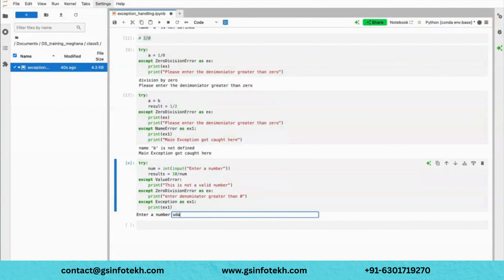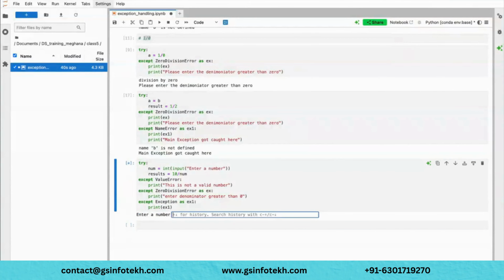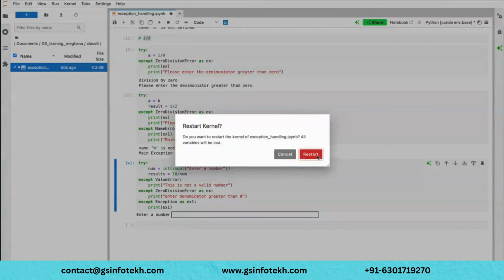Let's say if I'm entering that, see, this is not a valid error. If I'm entering 0, it should throw an error. One second, let me restart.